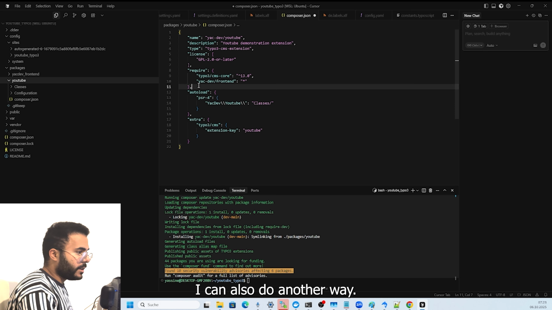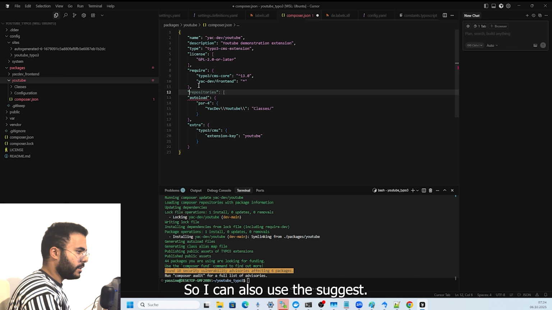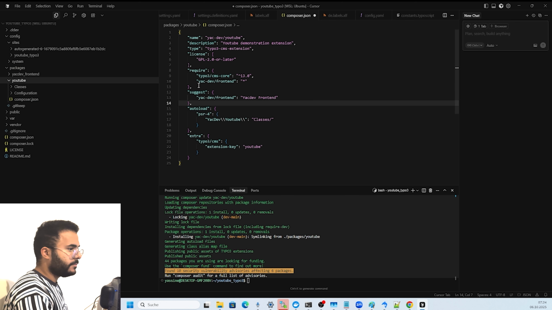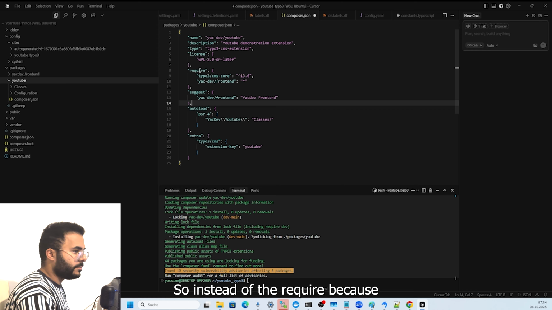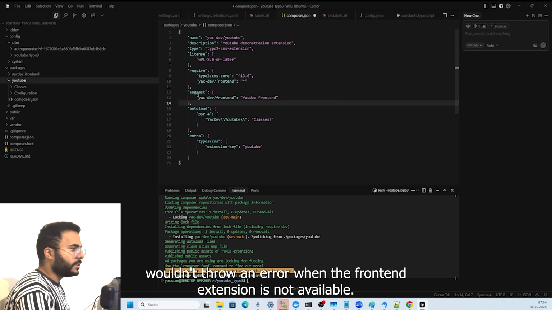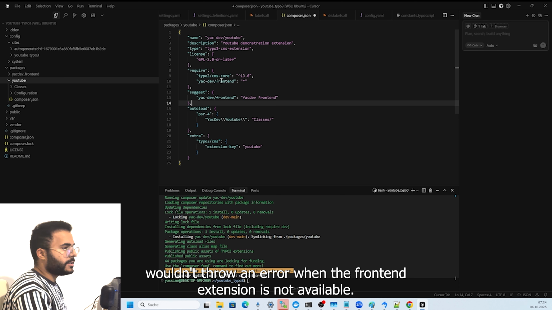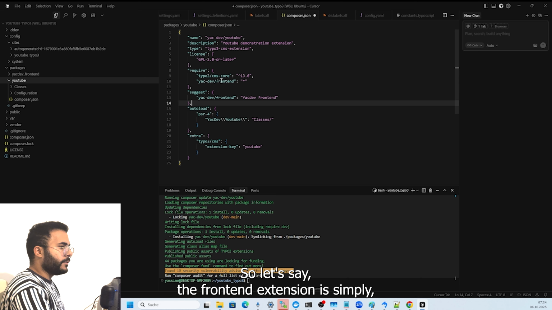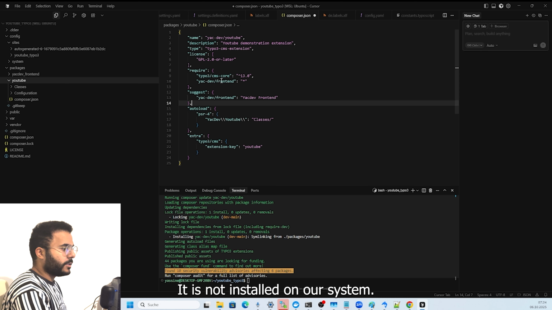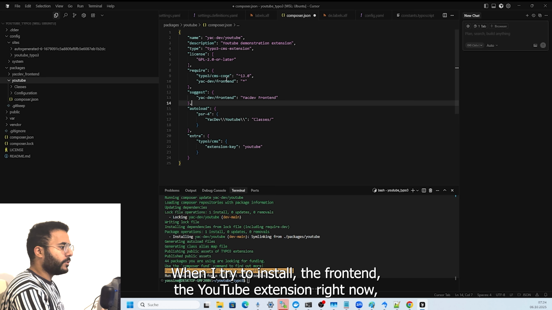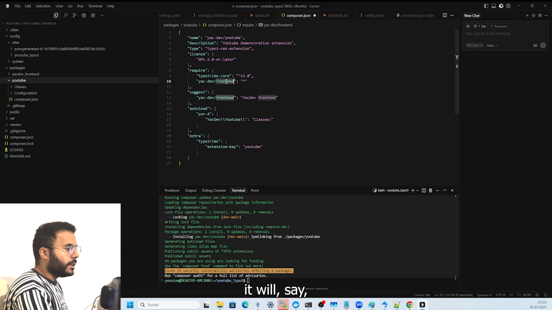I can also do another way. I can also use the suggest. Instead of the require, because suggest actually wouldn't throw an error when the front-end extension is not available. So let's say the front-end extension is simply not available. It is not installed on our system. When I try to install the YouTube extension right now, it will give us an error. So if we go here,